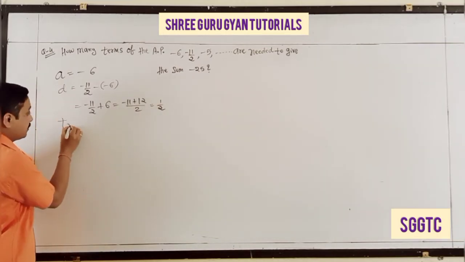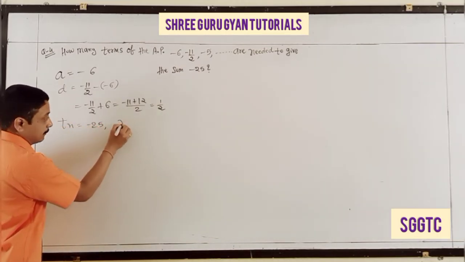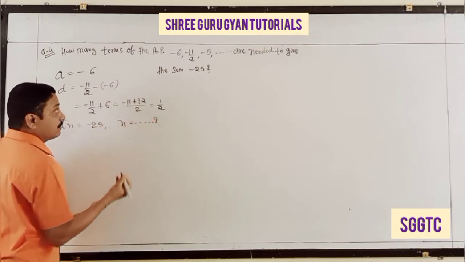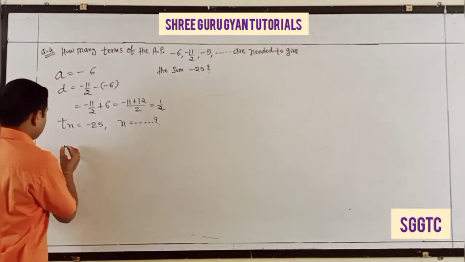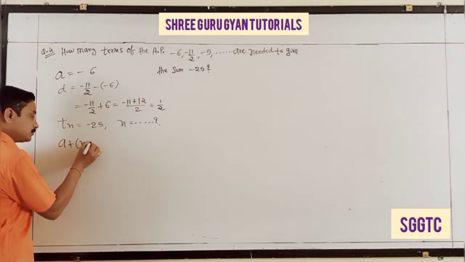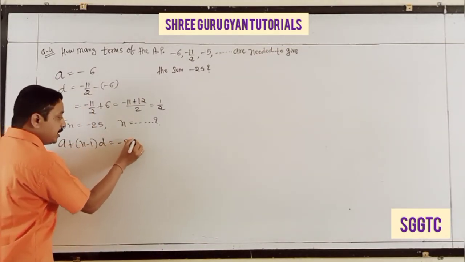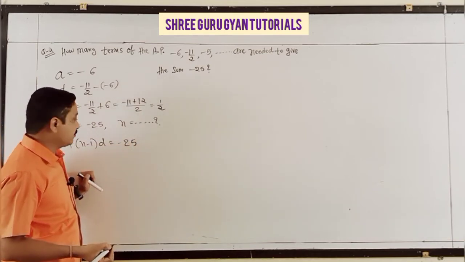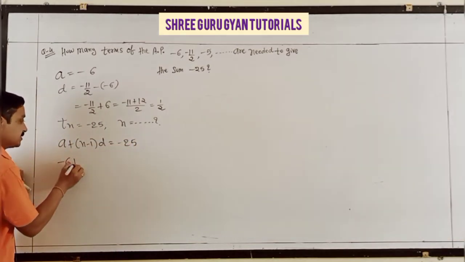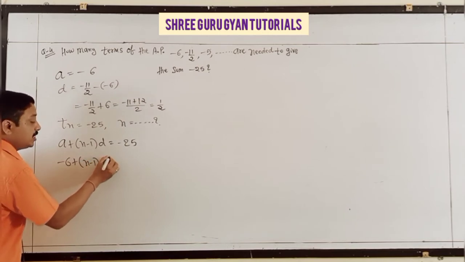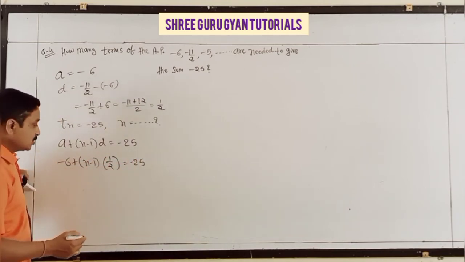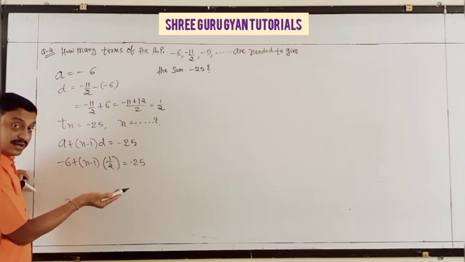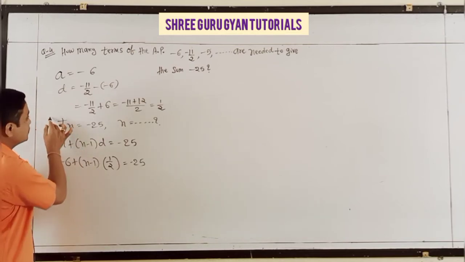Now Tn is known, minus 25, and n is the target, because how many terms? n is unknown. Apply the Tn rule: a plus (n minus 1)d equals minus 25. Here a is minus 6, n is unknown, but d is a half, and minus 25 as it is. So taking the first, minus 6, convert to the right side, and here, students, Tn